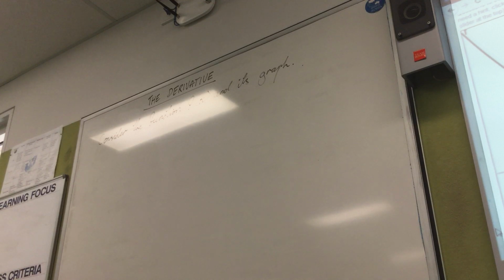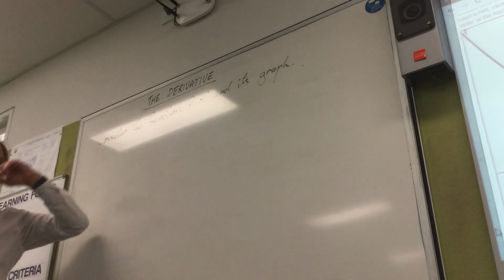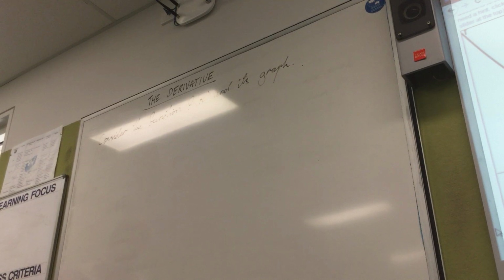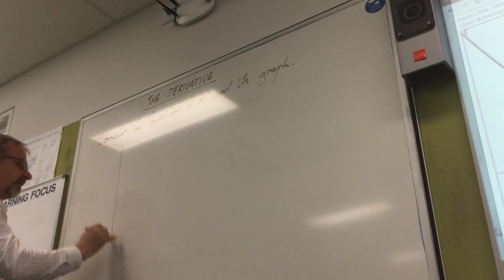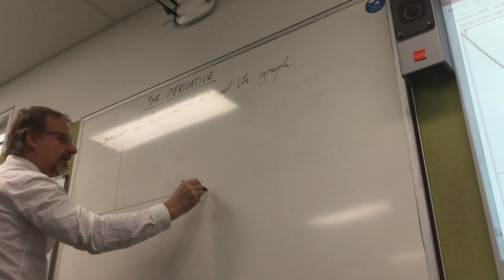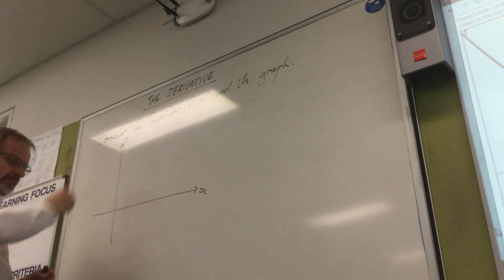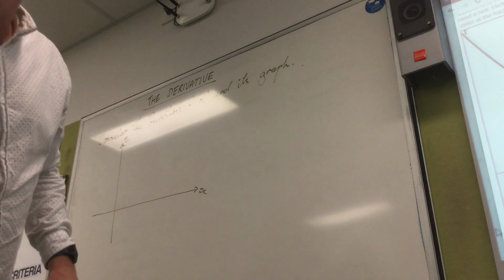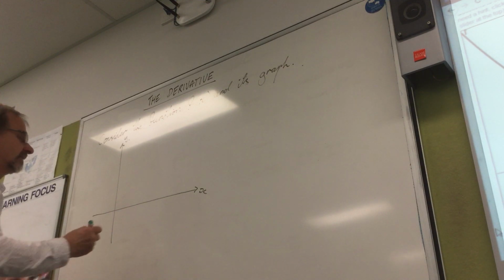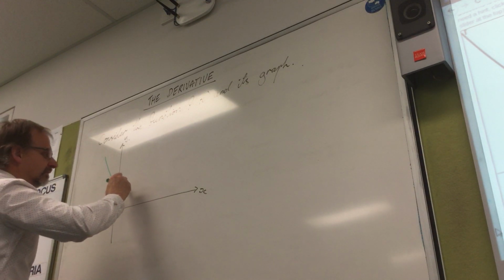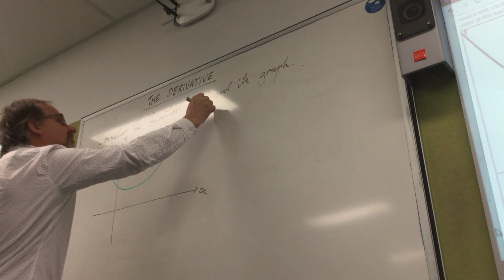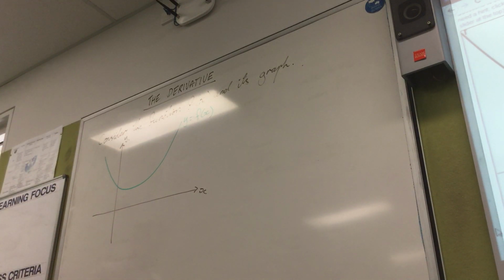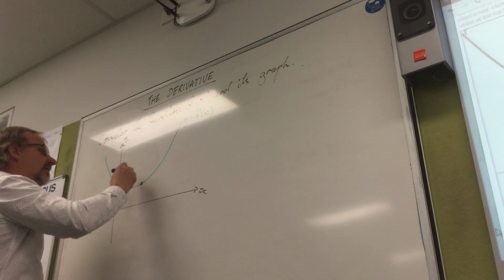Alright, today we are looking at something called the derivative. If we have a function and its graph, with x and y axes, so there's its graph, and if we have a point on that graph here, point P,